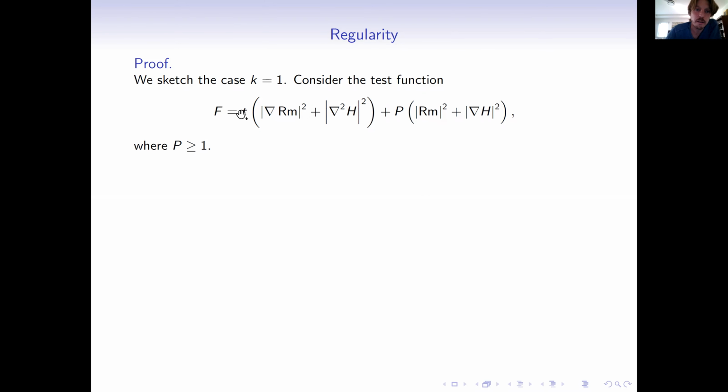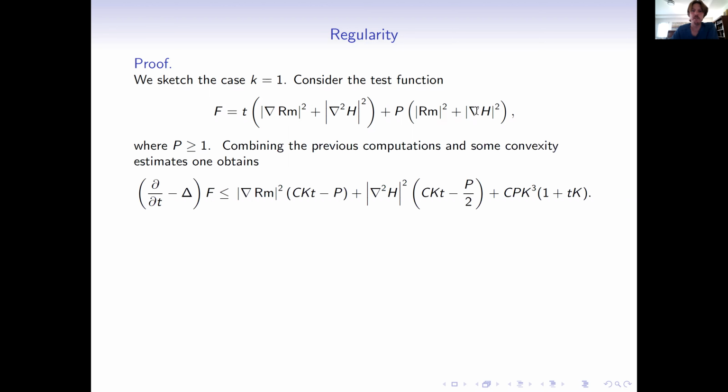And as is often the case, you don't just want to bound this. You sort of help yourself by bounding more. And of course, we already have an assumed bound for this quantity, norm Riem squared plus norm grad H squared. So it doesn't hurt us to add this to our test function. But the point is, you can put together these previous computations to get the following differential inequality. And so you apply the heat operator to this f, and